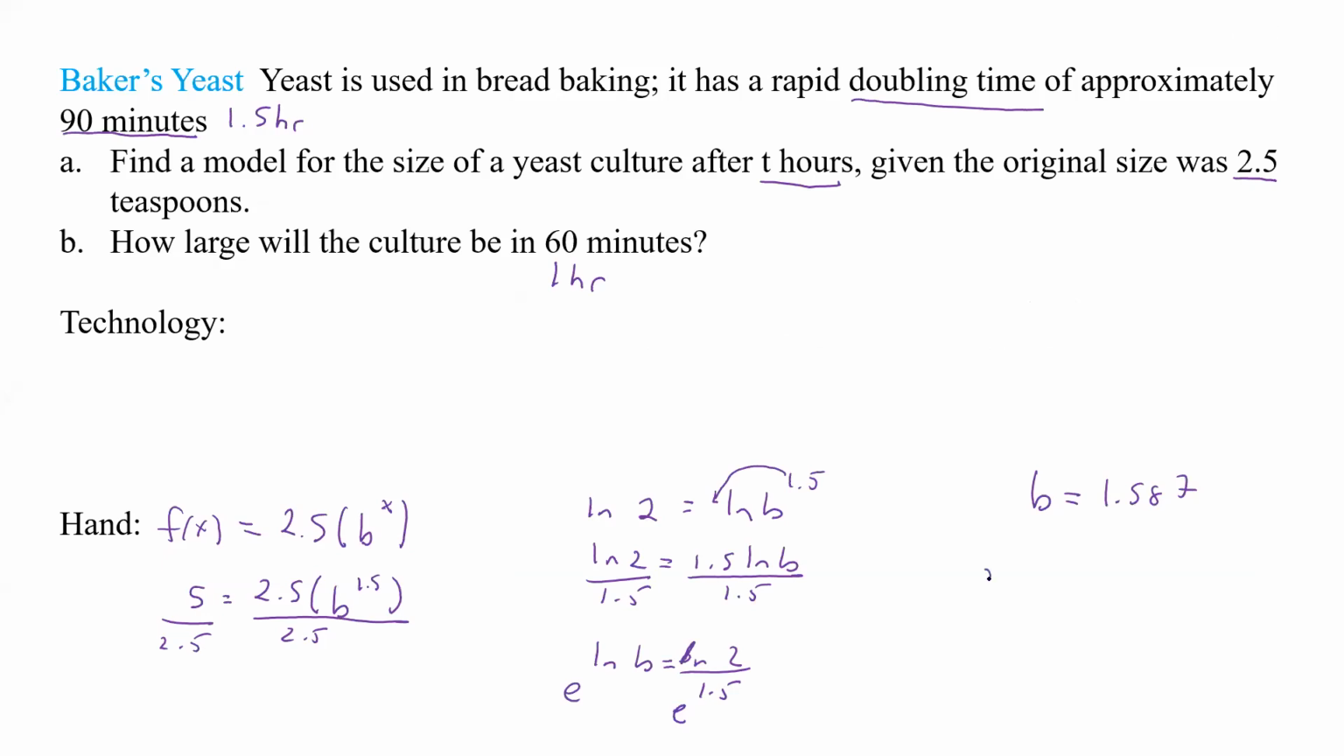And so our function is f of x equals 2.5 times 1.587 to the x. Okay, so that's our first part. And I didn't leave a lot of room, but now part B would ask for how large will the culture be in 60 minutes? Well, that's in 1 hour, so f of 1 equals 2.5 times 1.587 to the 1, and multiplying those two out, 2.5 times 1.587 to the 1, we get